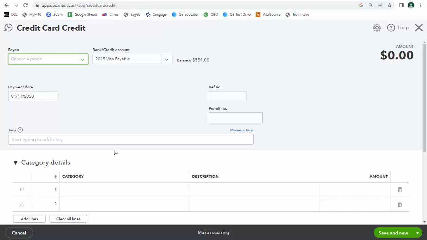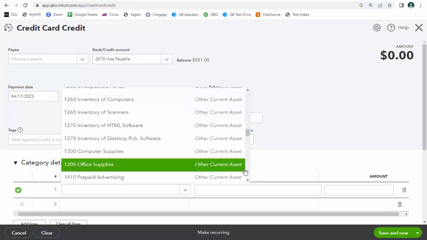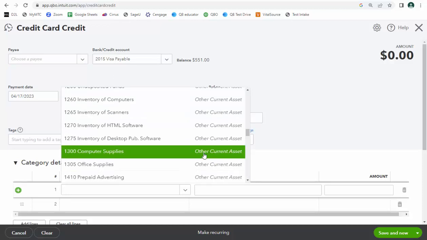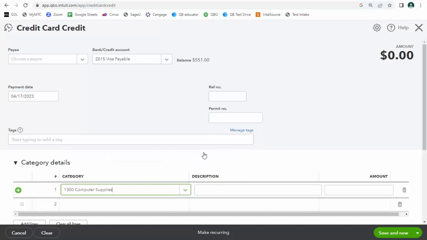All right. This is going to be debiting my credit card liability to make it go down, despite the word credit card credit, which I think makes this a very confusing screen for most folks. So this is what account it's going to debit because my credit card liability is going down. It's going to debit Visa payable. If I return some computer supplies, my credit needs to go to computer supplies. Basically, whatever account you debited with the original purchase, if you're now returning that item, you need to be crediting